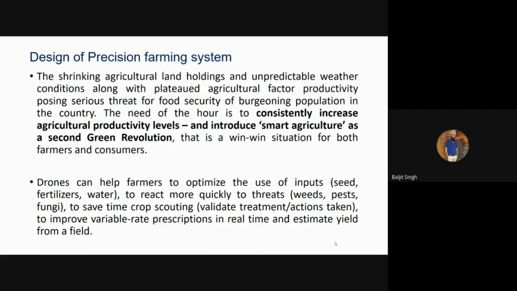This kind of prescription can be provided to even the small farmers having very less land holdings, based on the images that